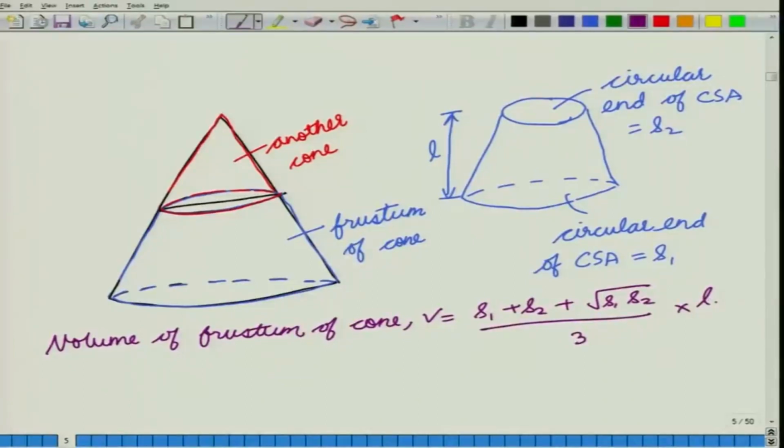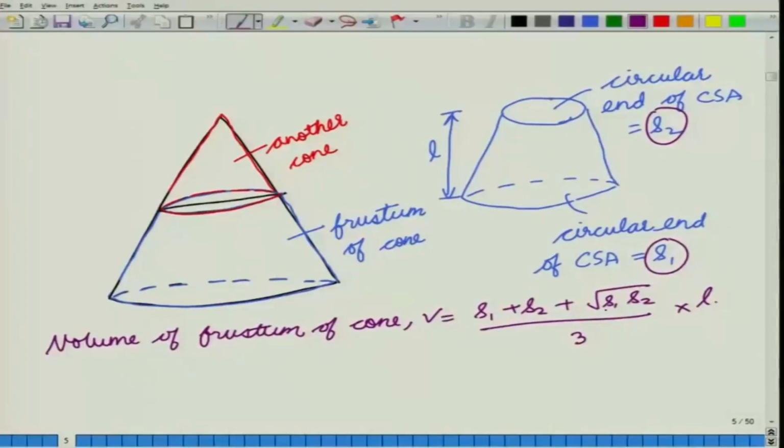So, we have taken both these cross sectional areas S1 and S2, you add them up, then you multiply S1 and S2 and take a square root, then you take all three of these and take the average. So, this is the average of S1, S2 and square root of S1 and S2. So, this is the average cross sectional area